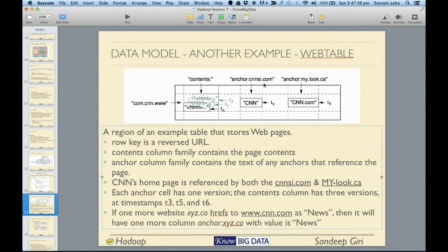So CNN SI is what? Sports Illustrated. CNN's Sports Illustrated website is also linking back to cnn.com, and the href text they have given is CNN capital. Okay, that becomes your cell value. Similarly, there's another website called mylook.ca. They are also linking to this one, and